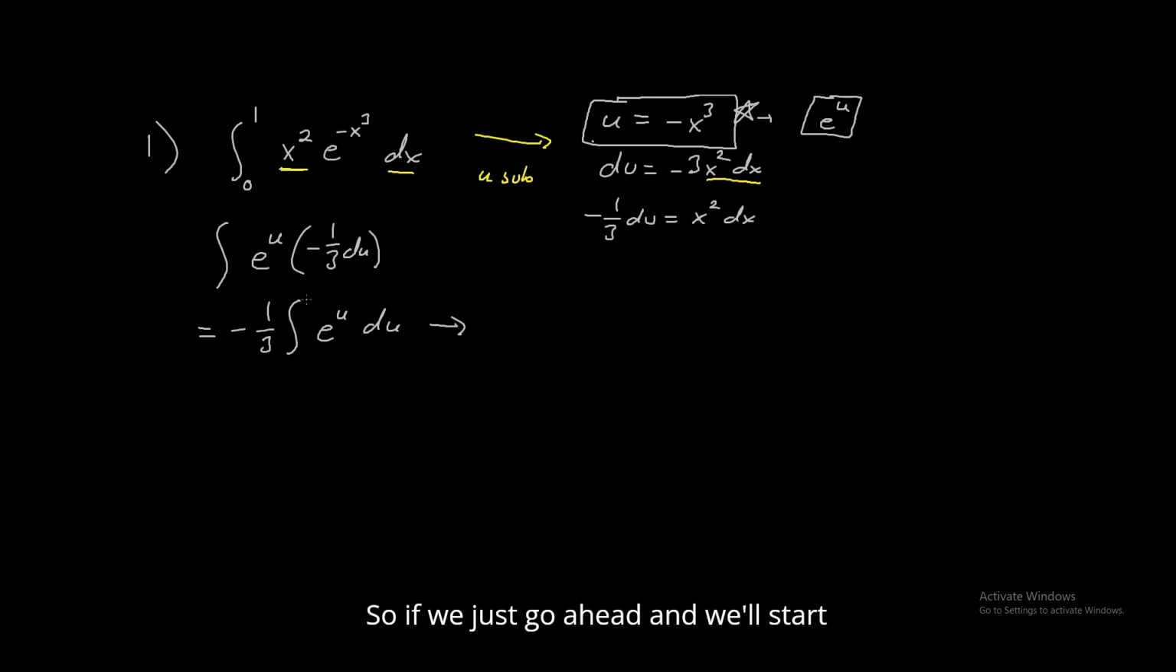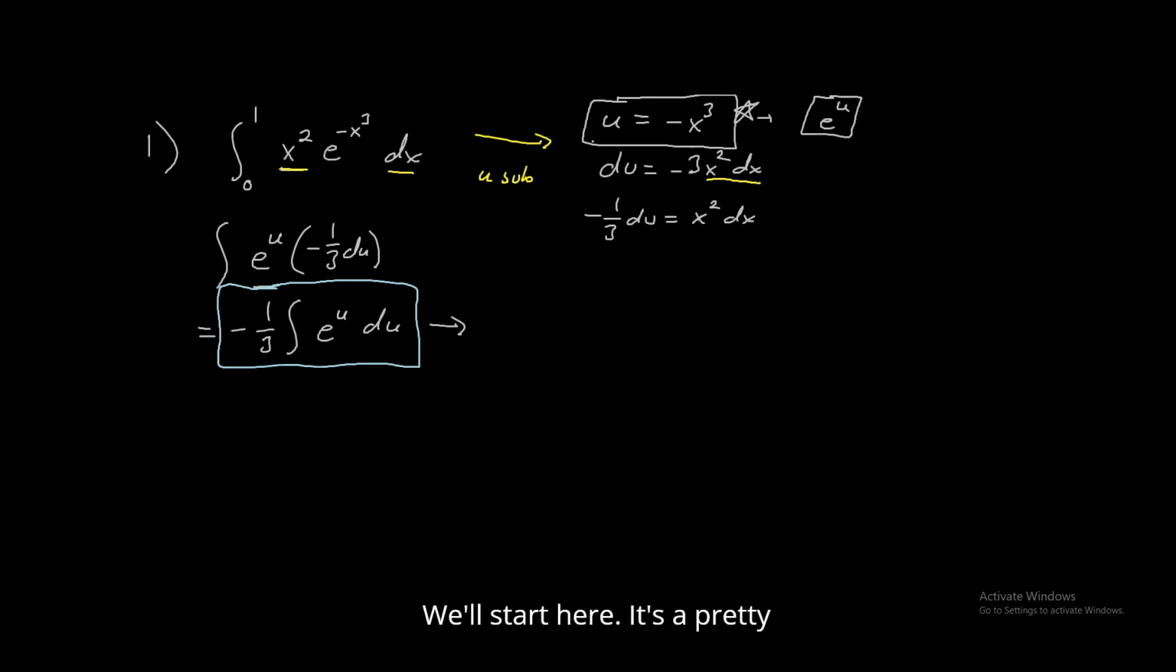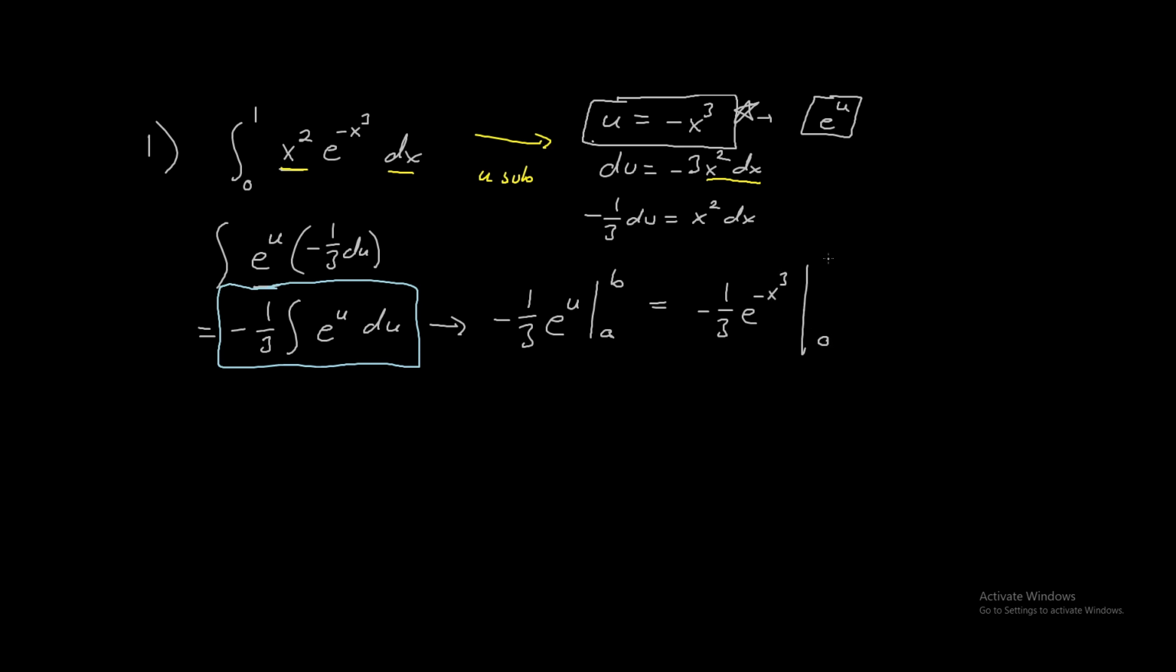Let's see, this will be our starting point for both methods. It's a pretty simple integral to do. We just have negative 1/3 e to the u, since e to the u is its own antiderivative. And here we don't know our bounds of integration, so we plug back in for x. We get negative 1/3 e to the negative x cubed. Now we can use our original bounds of 0 and 1. And so when we plug those in,